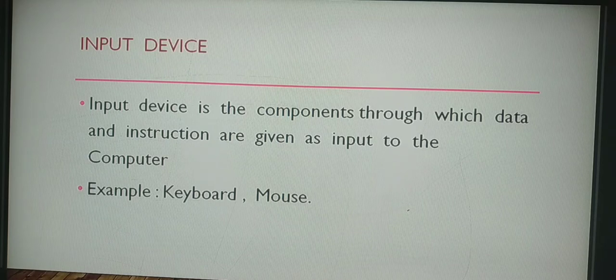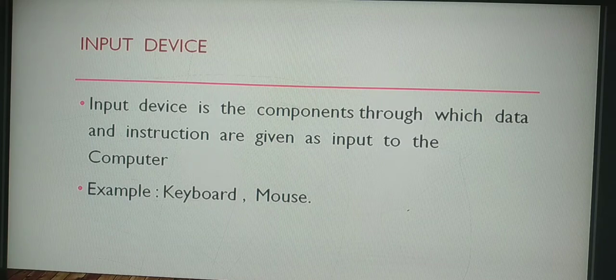What is an input device? Give 2 examples. For this also you have to write it near the question itself. Otherwise, in the same page, if you have any space, do it neatly. That is the most important. Yes, the third question answer is, an input device is the component through which data and instructions are given as input to the computer. So this is your definition for input device. In your book itself they have asked in the question, give two examples. Here I have given keyboard and mouse. You can write whatever else you are willing.